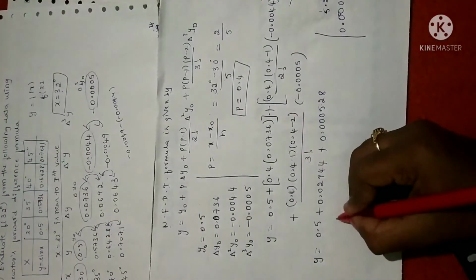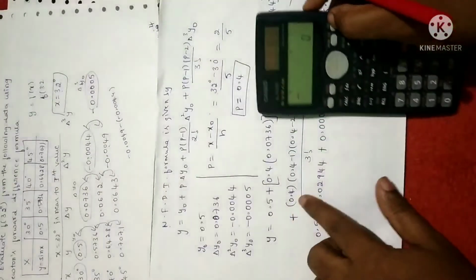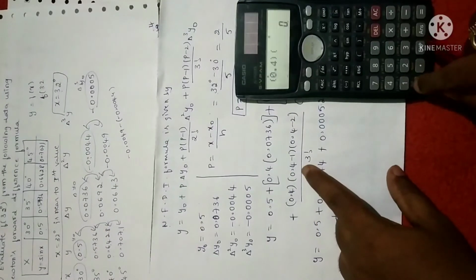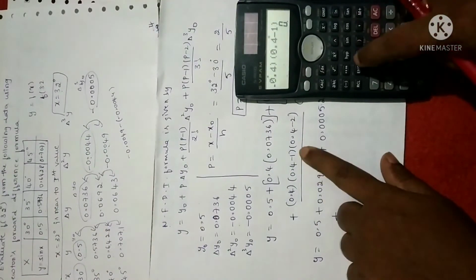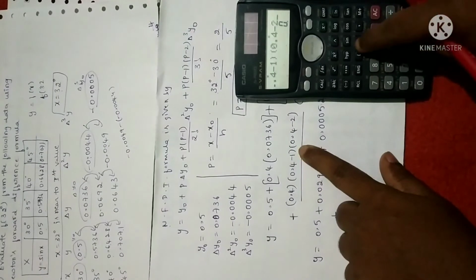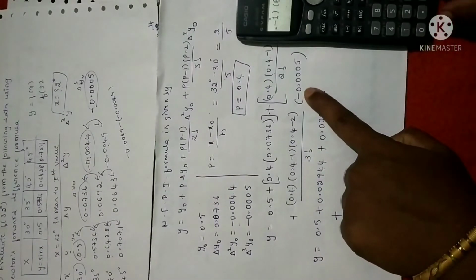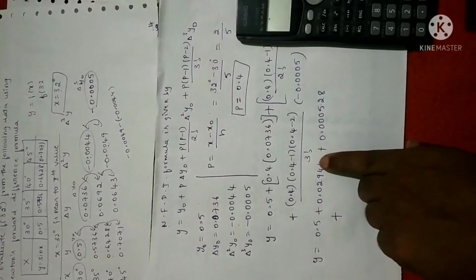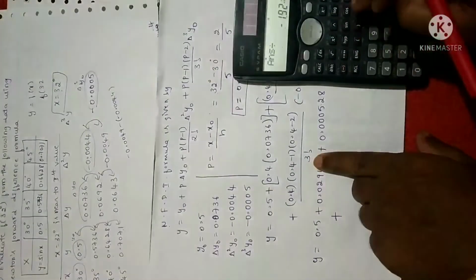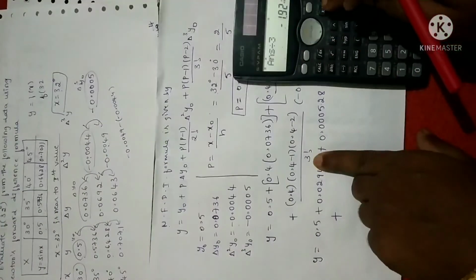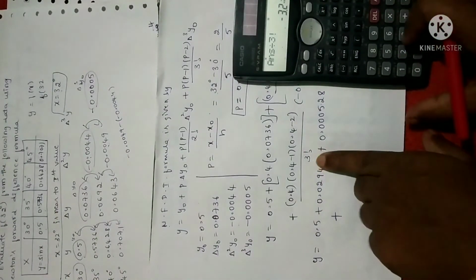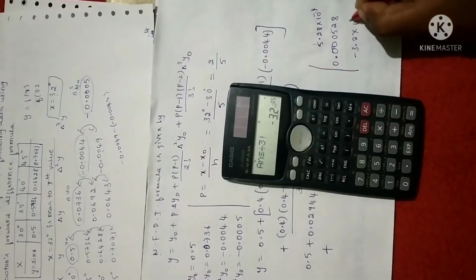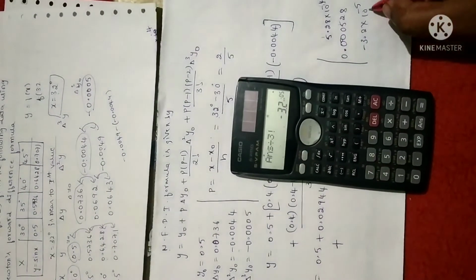Next, the fourth term, in the sense the last term, we need to calculate. I'll just go for the last term, plus. I'll show you on the calculator. See here, 0.4. Open the bracket, 0.4, close bracket, again open bracket, 0.4 minus 1, close the bracket, 0.4 minus 2, close the bracket, again open bracket, minus 0.0005, close the bracket, plus equal sign, divided by 3 factorial. 3, press the shift symbol and this symbol. 3 factorial, then plus equal sign. So you will get minus 3.2 into 10 power of minus 5.